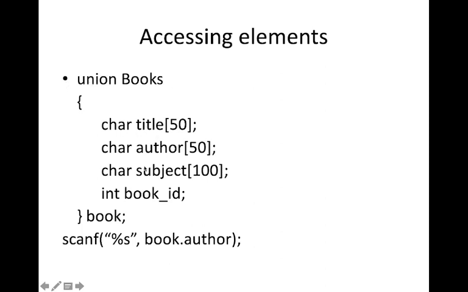Everything is the same, except you have to use the keyword union. The difference is in the memory allocation. All the elements will share the memory location, and the memory allocated will be enough to store the largest element. So this is 100 bytes, and 100 bytes will be allocated for this union. In the case of structure, each and every member is allocated separately, and in the case of union, only one element will be present in memory at a time. That is all about union. You can use the same programs; instead of struct, you have to use the union keyword.